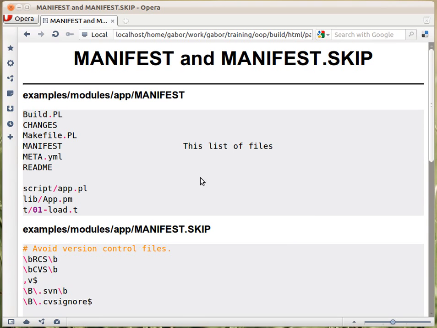The manifest file just lists the files that need to be included in the distribution. So you have just a plain file with names of files. You can have empty lines, you can have some comments here. What is important is the names of these files. When you're packaging the distribution, the module and all the things around it, these files will be included, and when